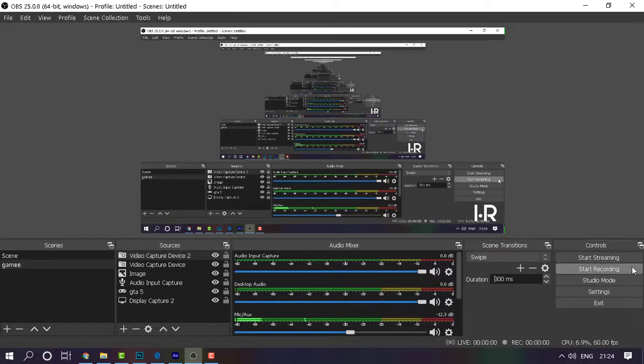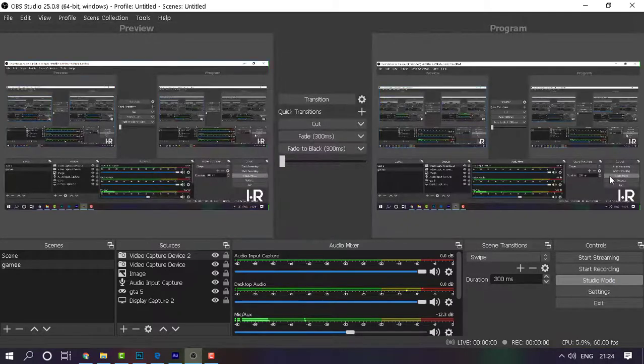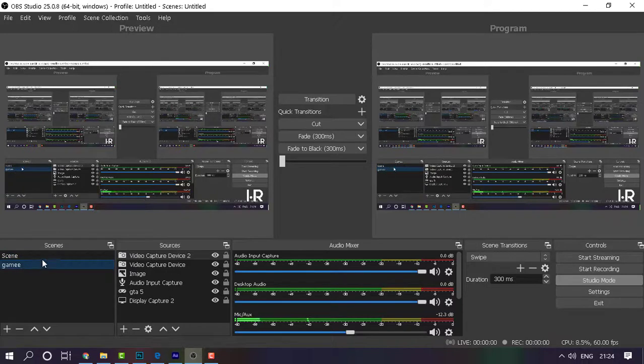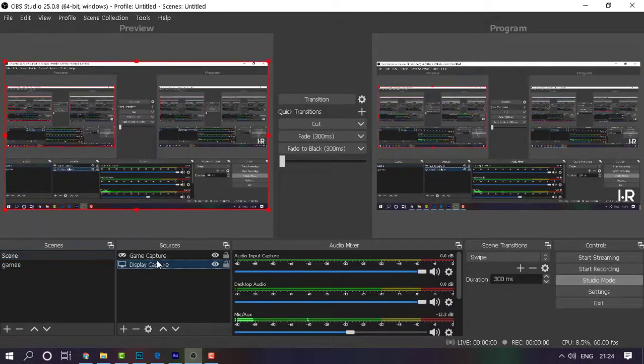So yeah, coming back to the studio, we have another option that is left. That is the studio mode. Once you're in the studio mode, you have 2 screens. The one being the preview and the other one being the program, which is pretty good. If you're running a window capture, you have a preview of the window that is being captured, and to the right hand you have the program running, which is pretty good. Okay, this was all about the quick beginner's guide of the OBS Studio.